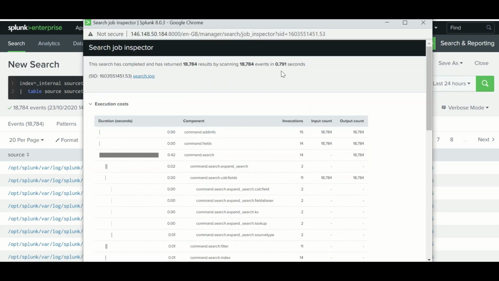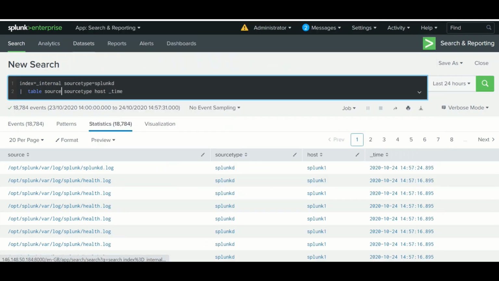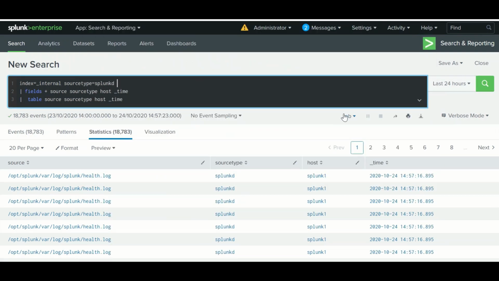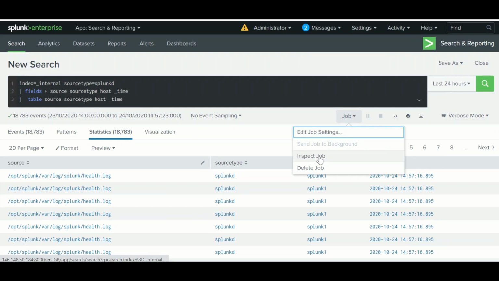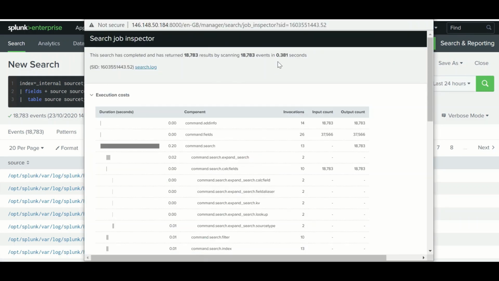Without the fields option, it took 0.791 seconds. Now with fields, let's see how much time it takes. It took 0.381 seconds.